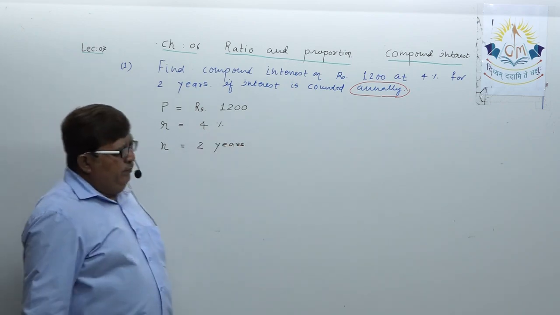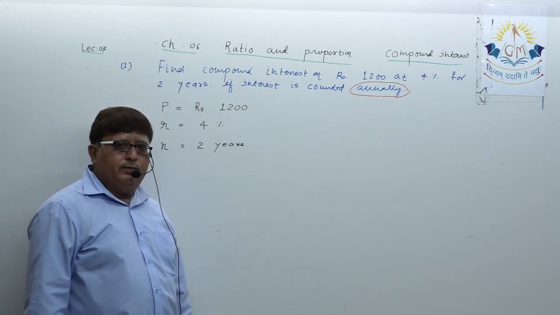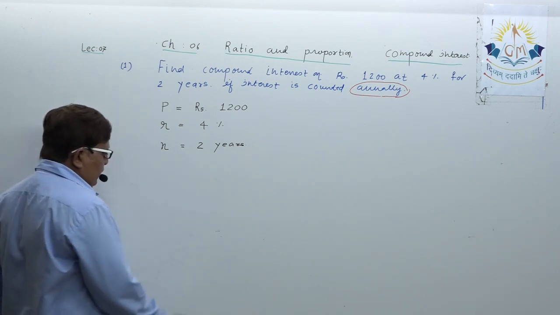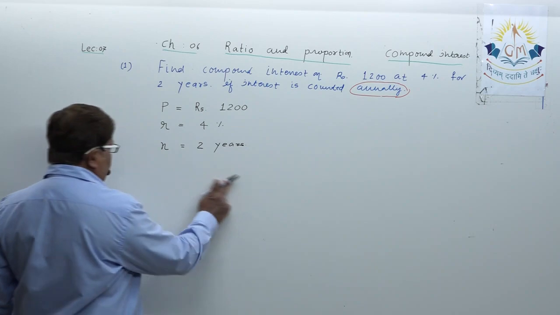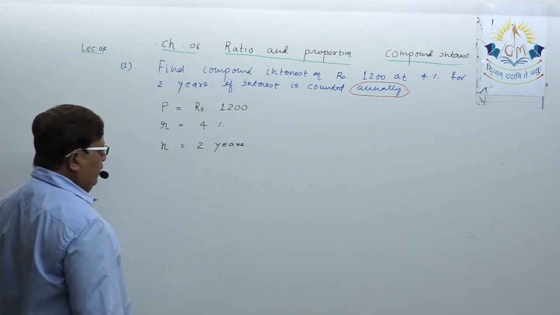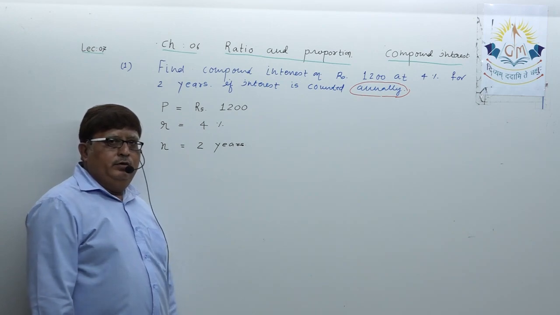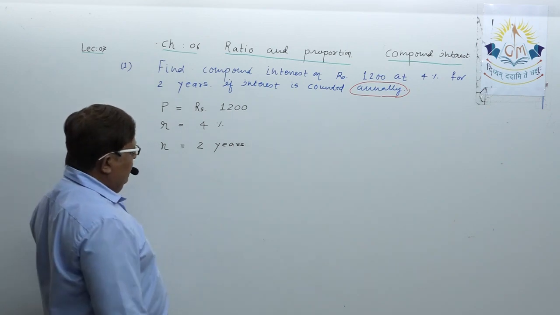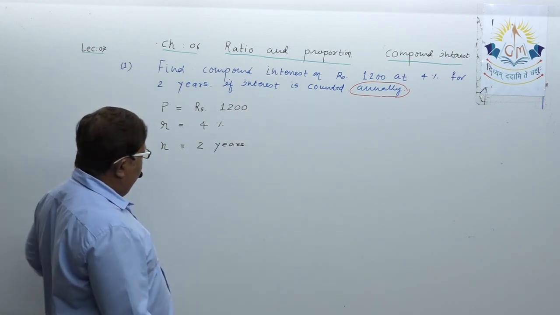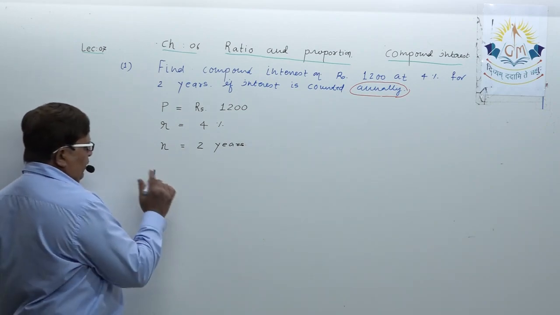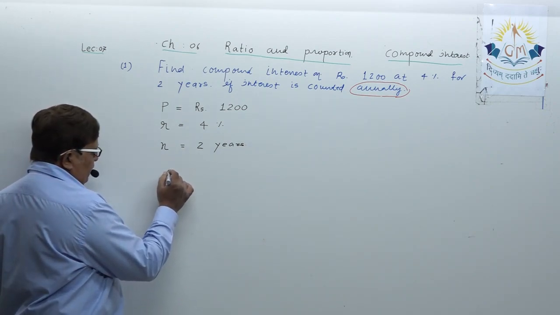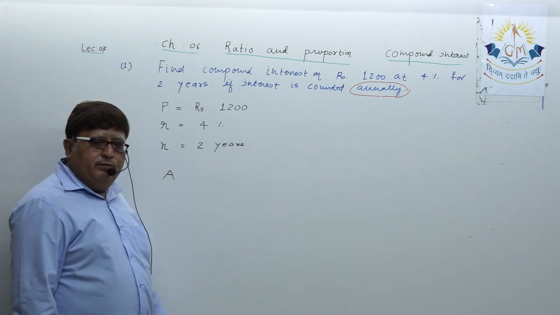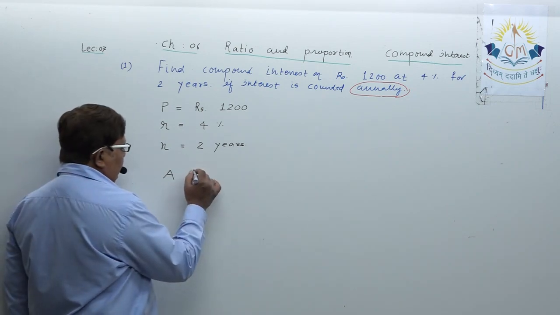And we have to solve the example. We are actually looking for compound interest. Okay, but we do not have a formula for compound interest, dear student. We have a formula only for compounded amount. Okay, I am solving the sum here. Here I have just written the data. Now the formula. Do you remember the formula of compound amount which we derived in the previous lecture?